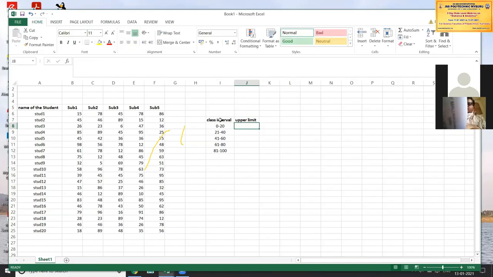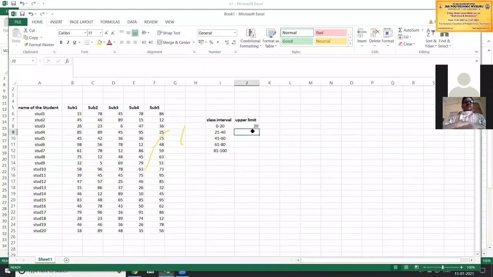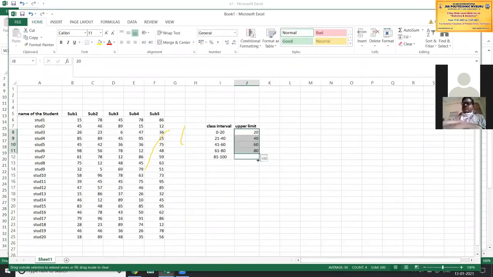So that is 20, 40, 60, 80. If you drag it also, you will get that updated value. So this is the upper limit. Now I have created the class interval and upper limit for the 5 subjects.